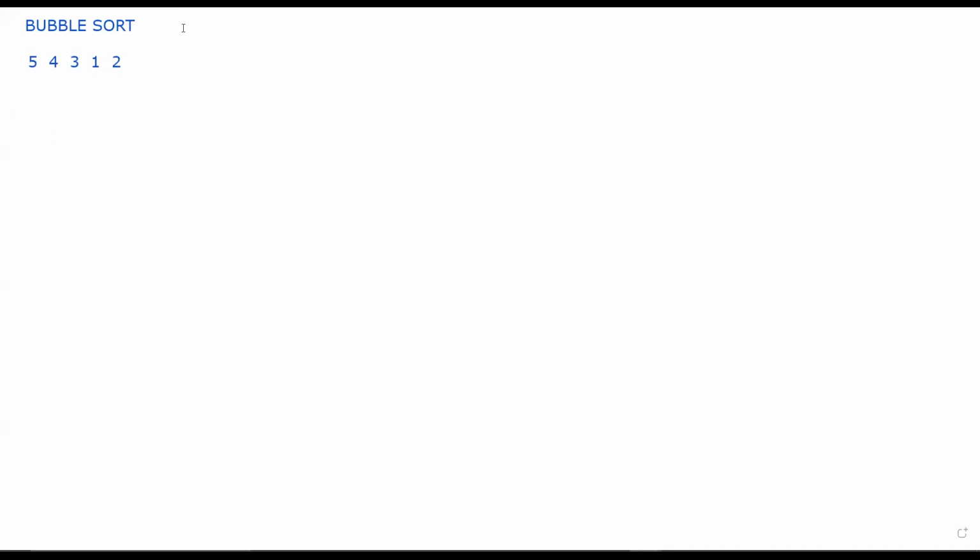So it will look something like this. I will have a for loop for i. Inside that for loop, I will have one more for loop for j. Inside that for loop, I am going to have some if condition. And if this condition is true, then I will swap the numbers. Okay, this is what I'm going to do. Now I'll just write these things inside this.